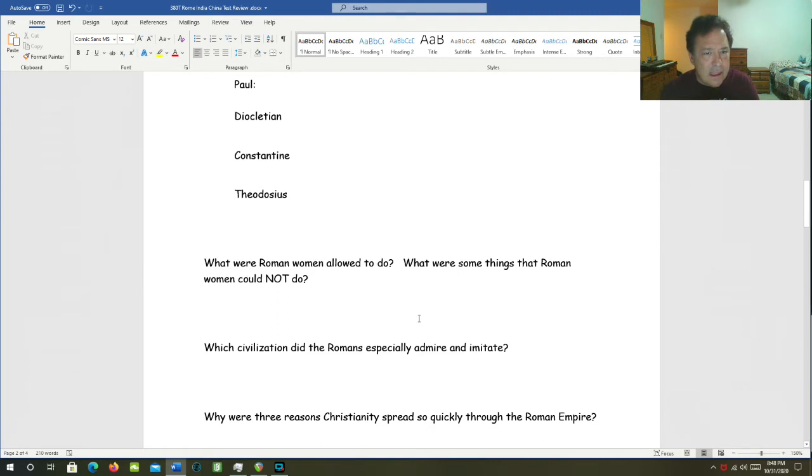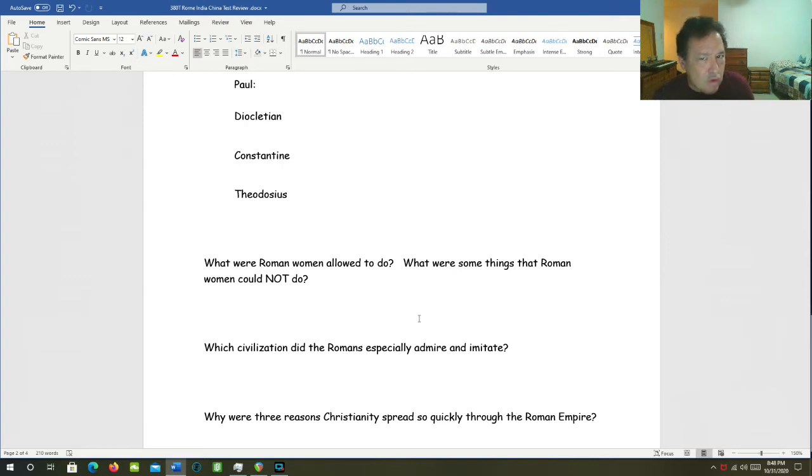Diocletian, who is this Diocletian? Diocletian was a Roman emperor. He was a persecutor of Christians. He claimed divinity. In other words, he claimed to be a god. He split Rome into two administrative halves. He realized that Rome was just too big for one emperor to run by himself. And he created this short-lived system called a tetrarchy.